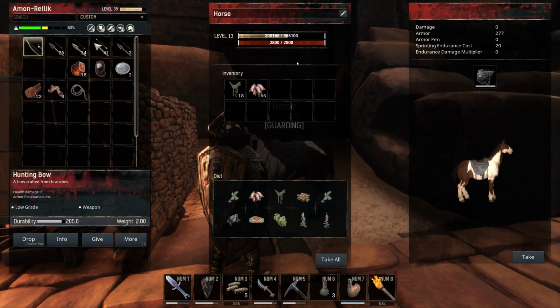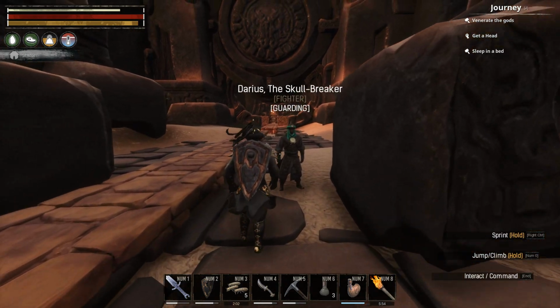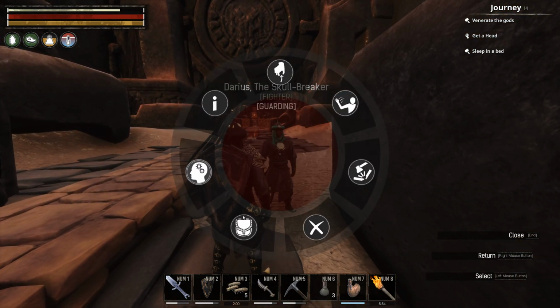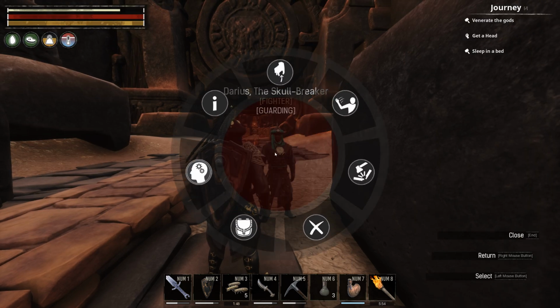Horse is level 13. Got some food in there for it. Horse is doing okay. My thrall is a level 2 fighter. I think it's a Kushite fighter. It's doing alright. It's level 11. Got 2300 health. Got a steel sword. Still using that